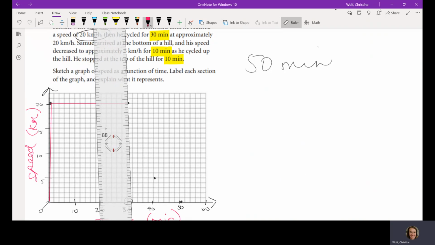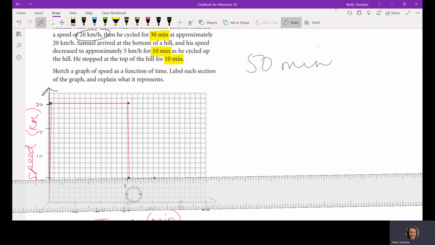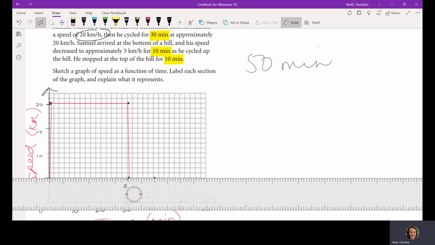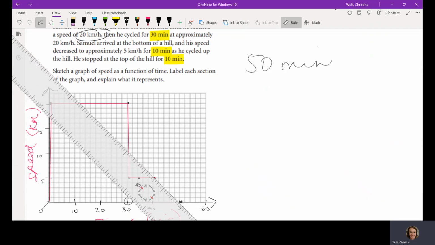Then he slows down drastically because he gets to a hill. Then he's mounting the hill at a speed of 5 kilometers an hour for 10 minutes. And then once he gets there, his speed,